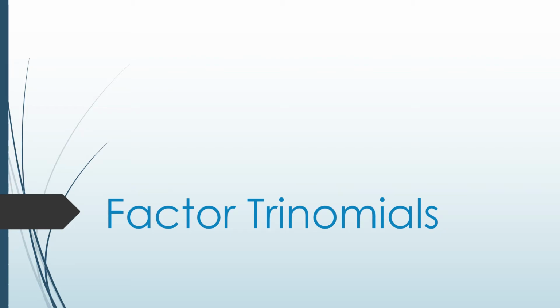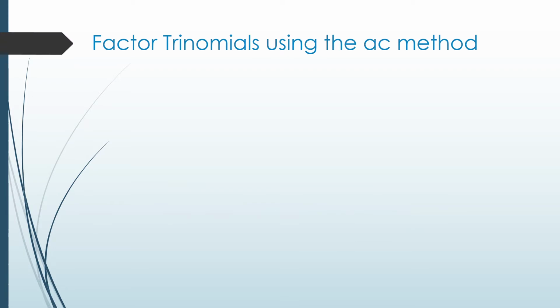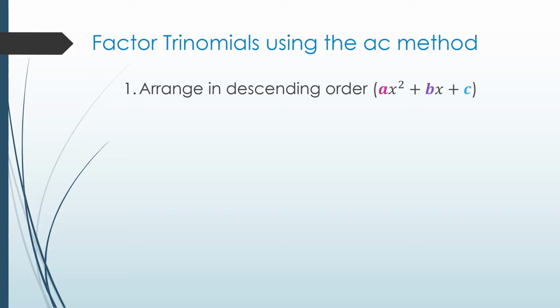Now let's look at how to factor trinomials. As a reminder, trinomials have 3 terms. To factor trinomials, we are going to be using what's known as the AC method. First, arrange the terms in descending order: